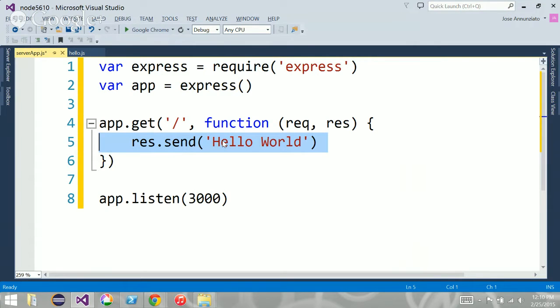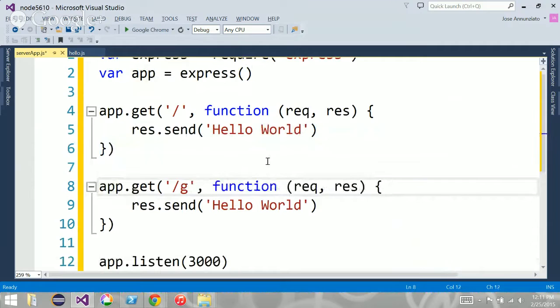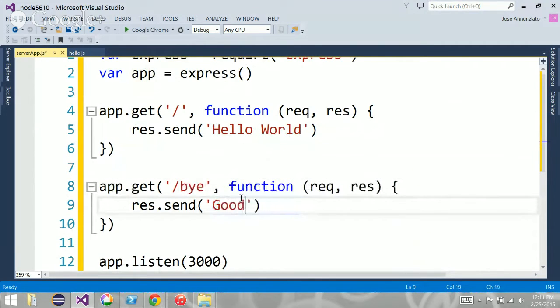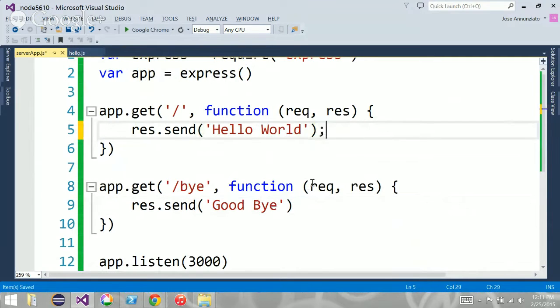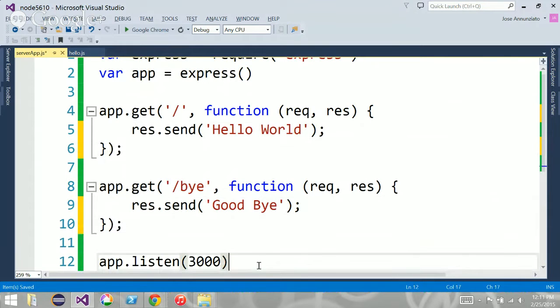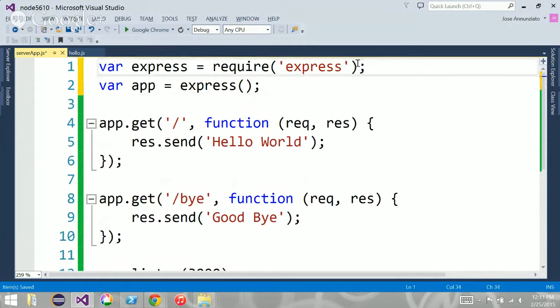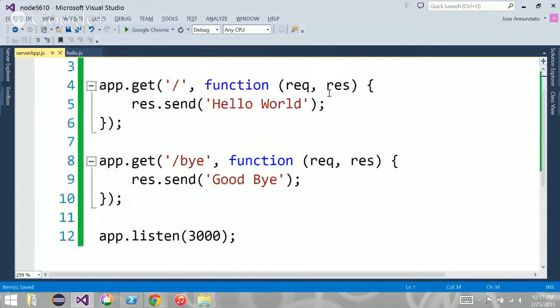Okay. Or I can create more. I can create other URL patterns. You can say goodbye or bye. So this would come back and say goodbye. Okay. It's messy with semicolons, I'm sorry. All right, so these are